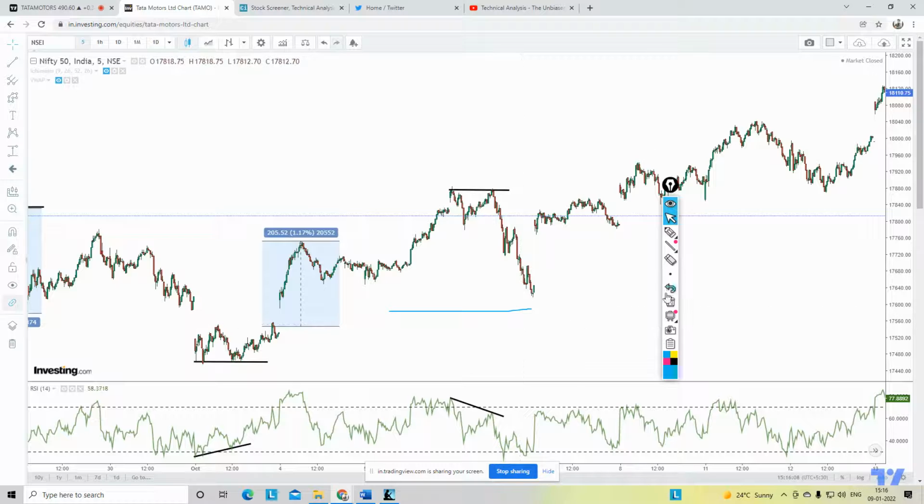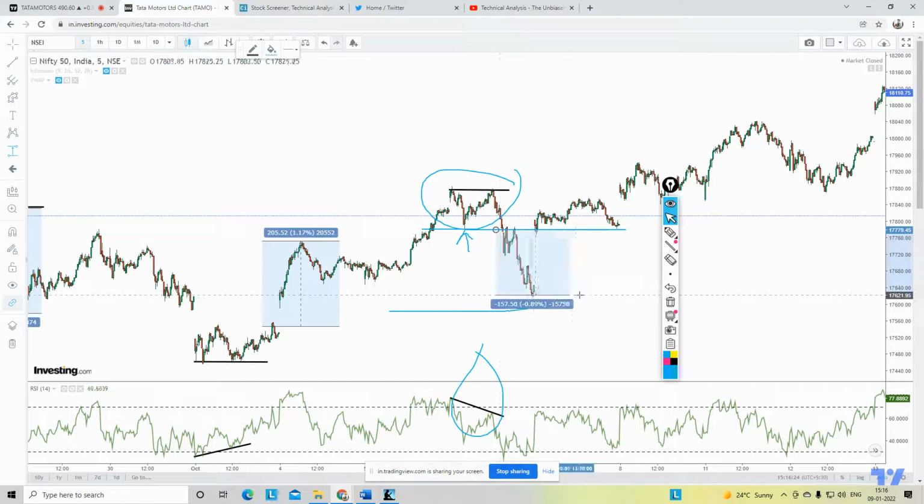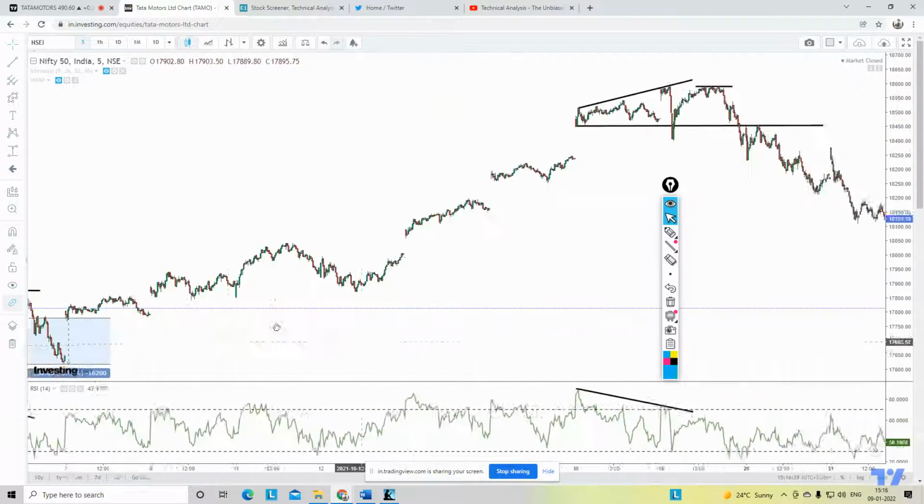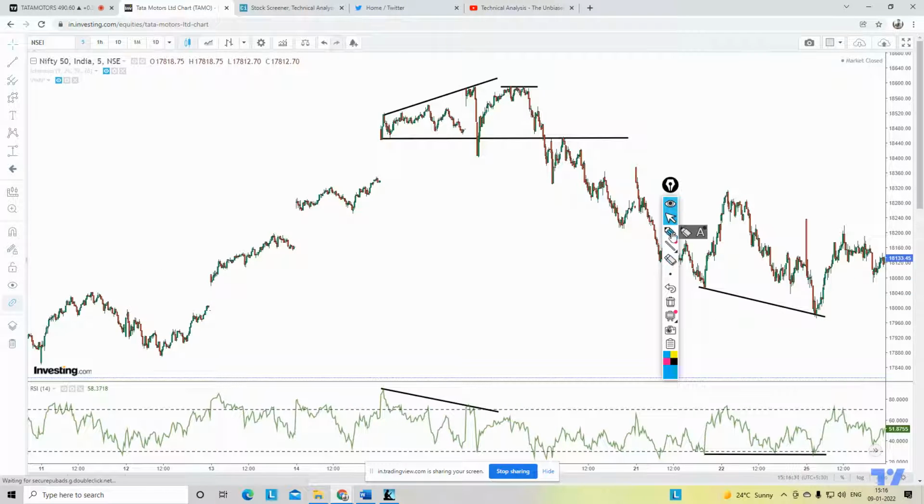Then again we see over here a double top kind of a pattern, and again there is a negative divergence. The moment it broke this low, correct, from this particular low, if you would have taken a trade, then again on a 5 minute chart you would have got 162 points. Now coming ahead, you see there are higher highs on the top after this gap, after this gap, and there is a long negative divergence over here, correct?